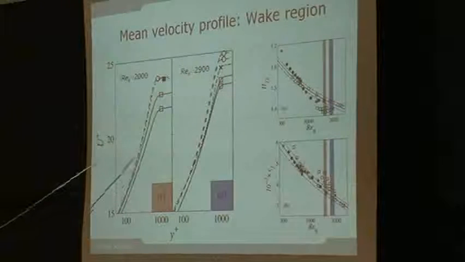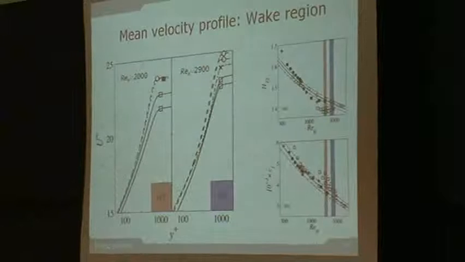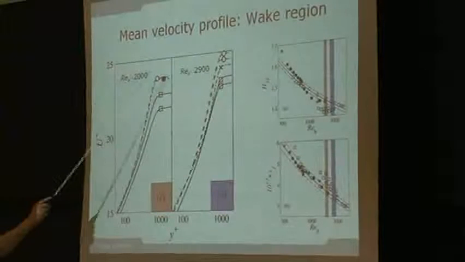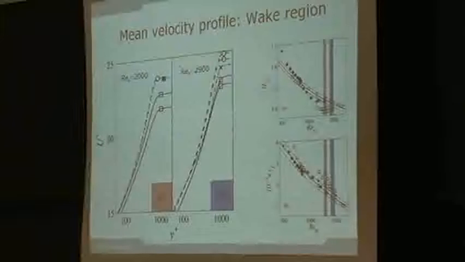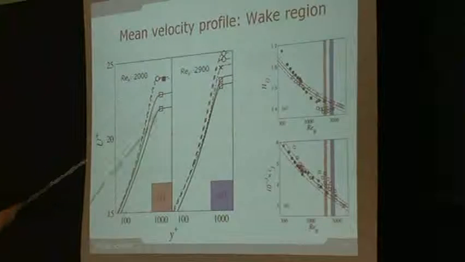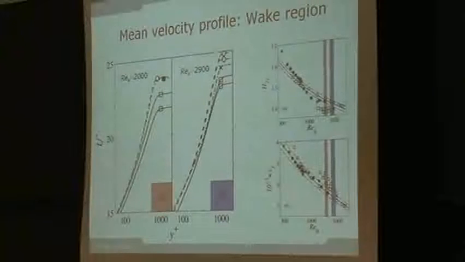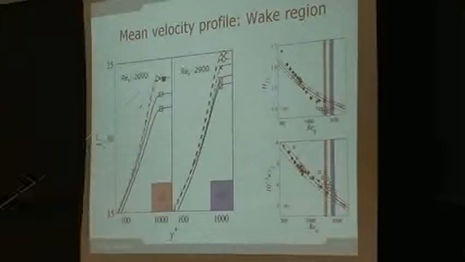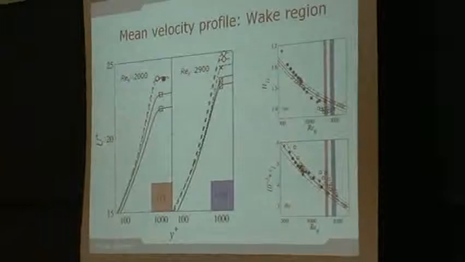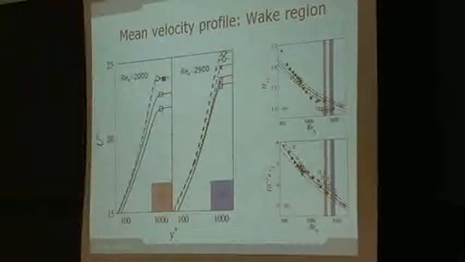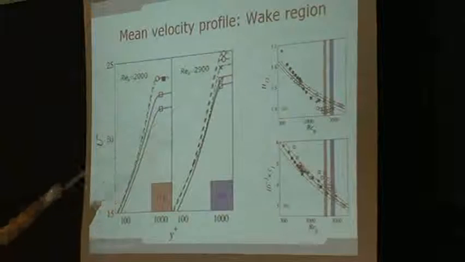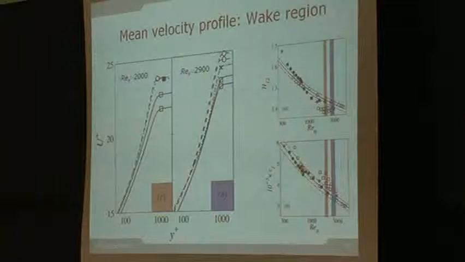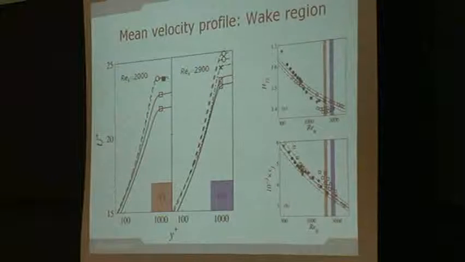So here we can focus on the outer part, for example. This is Re_theta 2000 and Re_theta 2900. All these data points are essentially at the same Reynolds number, but you can see that there is a difference. There are two simulations here which are actually fairly close to each other. So probably this seems to be the value that is correct. Also here at the higher Reynolds number again there is some discrepancy. Again, at the same Reynolds number, and it's not under-resolved or the numerics being